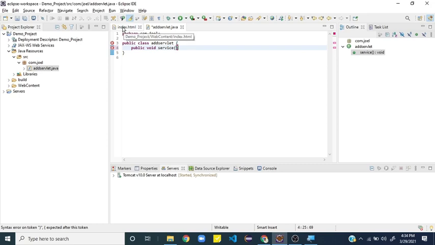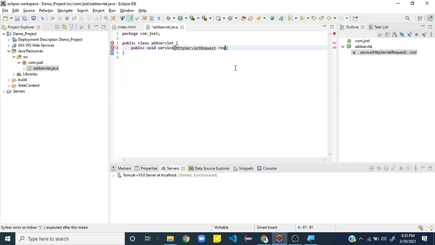Remember, I am requesting for adding two numbers. So inside the parameter, you have to create two objects. One is for the HTTP request, and another one should be an HTTP response. So I'll tell you how to use that. So use HttpServlet, and remember, wherever I'm using caps and small letters, it's all case sensitive. So here H is a capital letter, and then S is a capital letter, and then Request, R in capital letter. And don't leave any space. HttpServletRequest, space, and then you have to mention the object name.